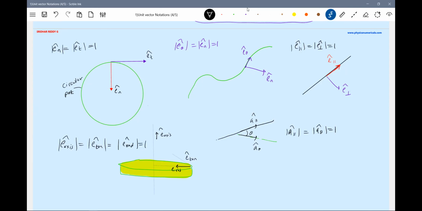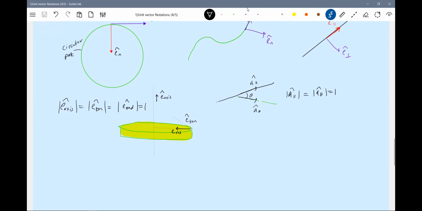So whichever direction you want to express it, you bring the unit vector there. Then all the quantities along that you can express in terms of that unit vector. I think that is the best methodology, to express the unit. So not only this, if we have some curved surface, like a sphere,